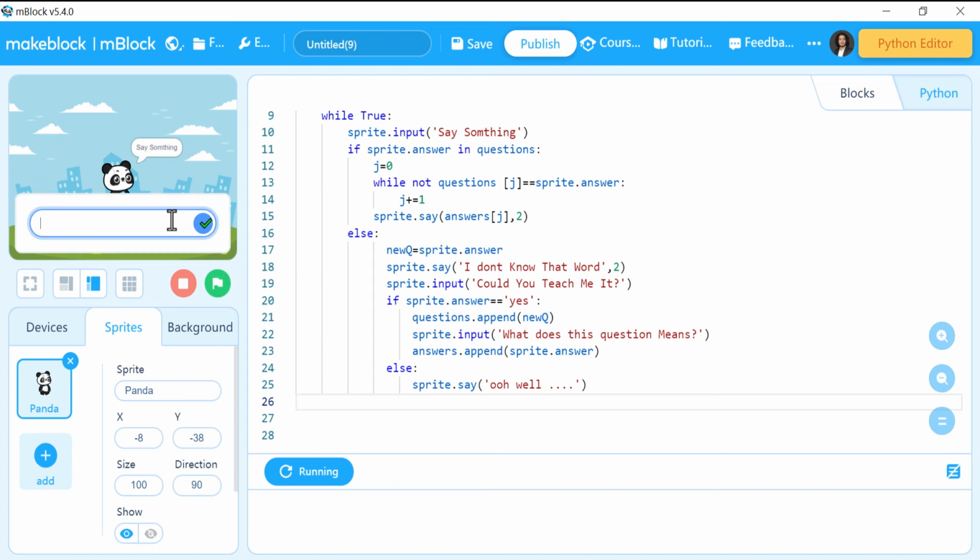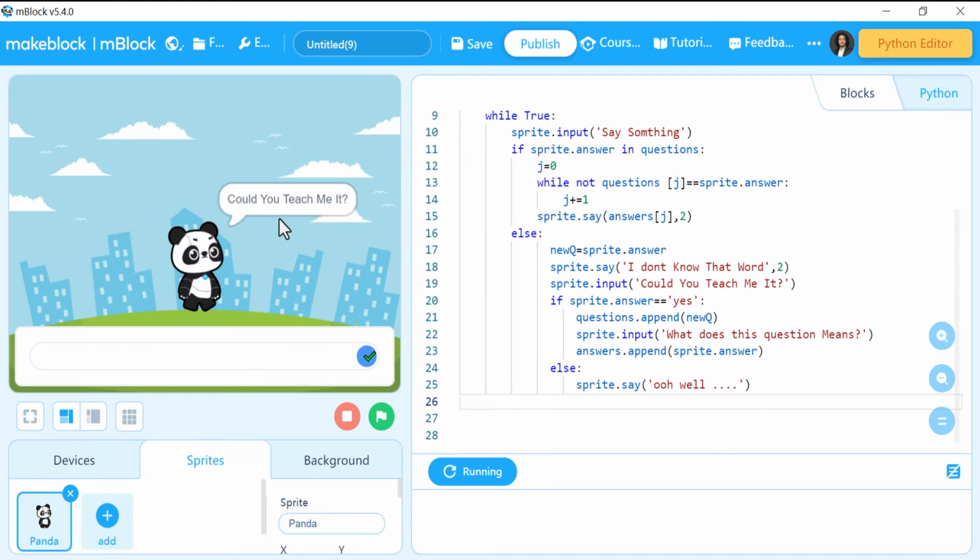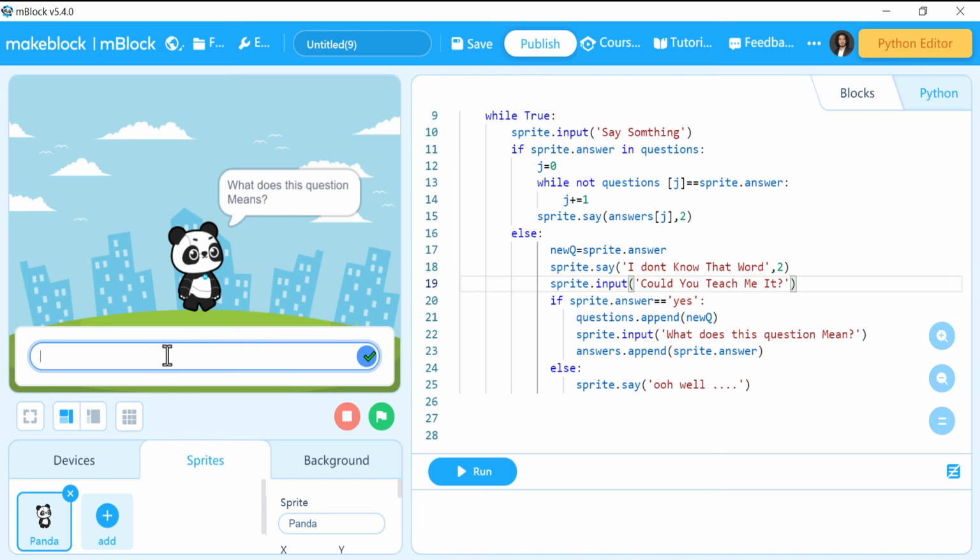So let's try. First, I will write something. Hi. He says hi. How are you? Also he says good. What's your name? He doesn't know this question, by the way. Could you teach me it? He doesn't know his name because I didn't make him know it from the beginning. What does this question mean? I will say anything, like you are Pico, for example, or I will give this AI any name I want. So I will say something like